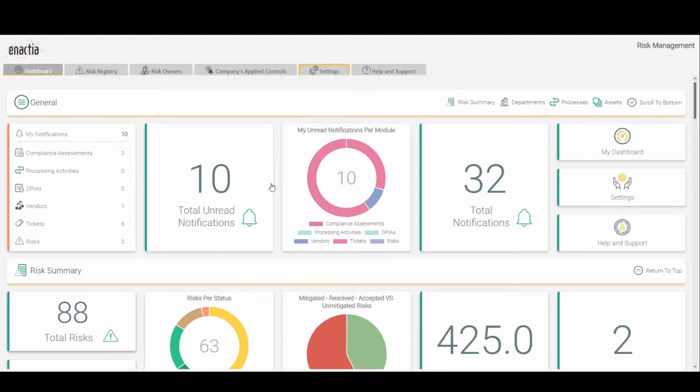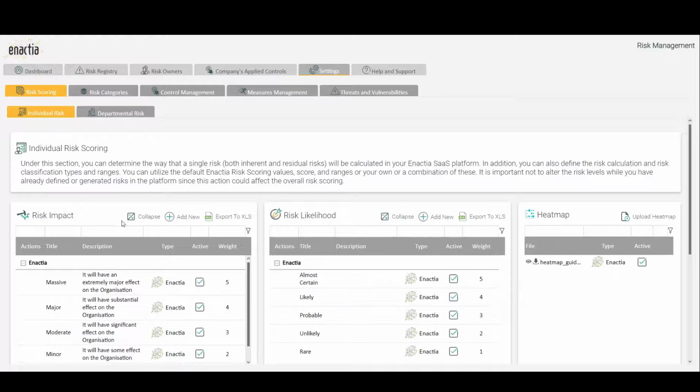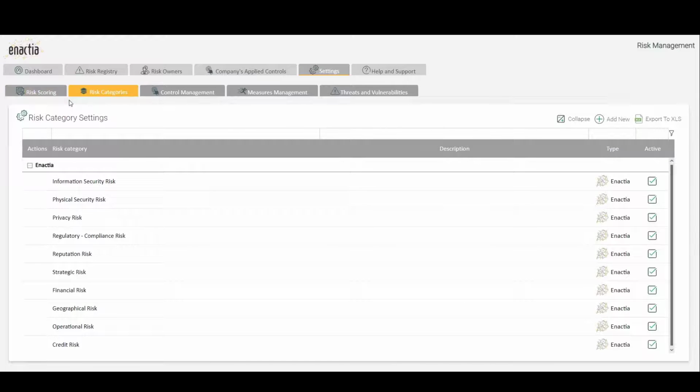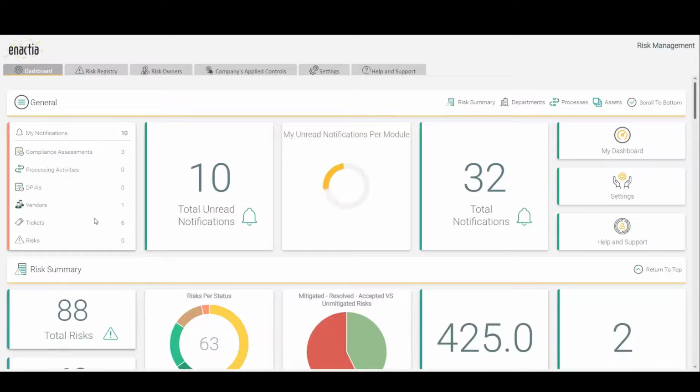So if I go to the settings, I can also modify the risk scoring, departmental risk scoring, the risk categories, as normally the DPO will have access to, who has full access to the system. But this is the significant part where you can go to the risk registry. You can browse